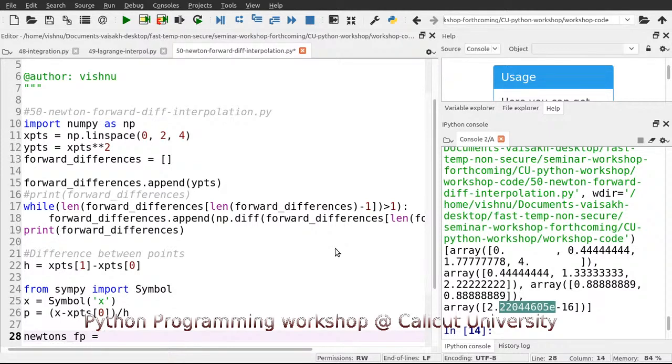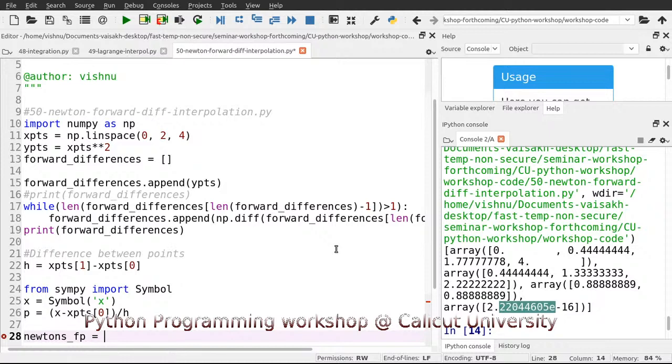So we need to compute y naught plus p delta y naught plus p into p minus 1 by 2 factorial delta square y naught plus p into p minus 1 into p minus 2 by 3 factorial delta cube y naught plus etc. So this p into p minus 1, these things we need to just see. We need to remember that